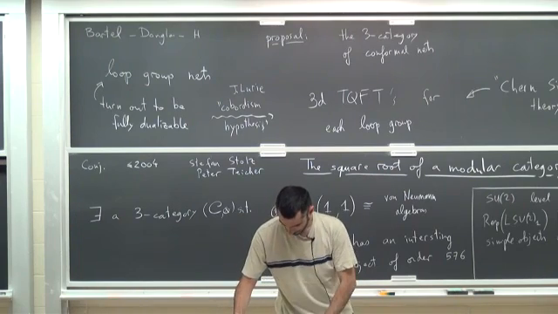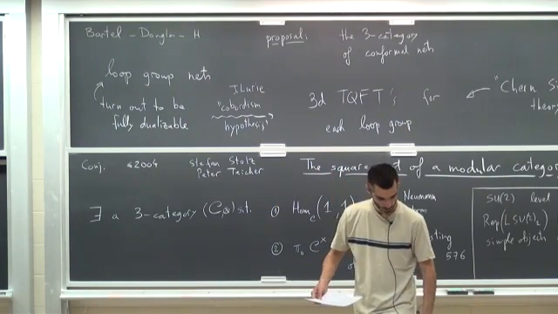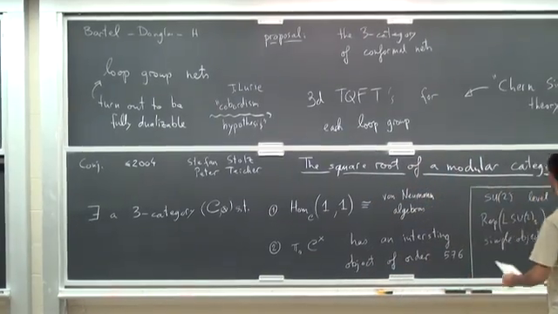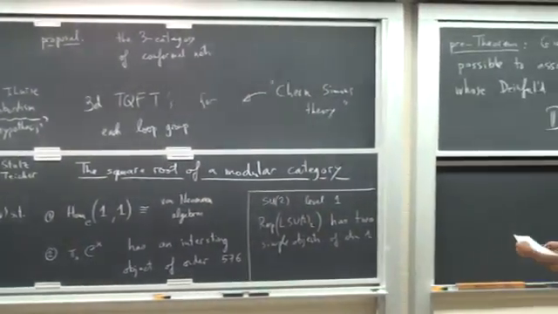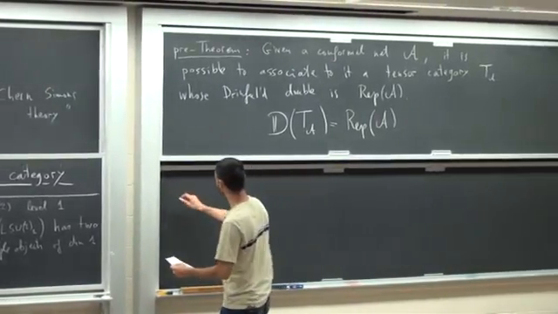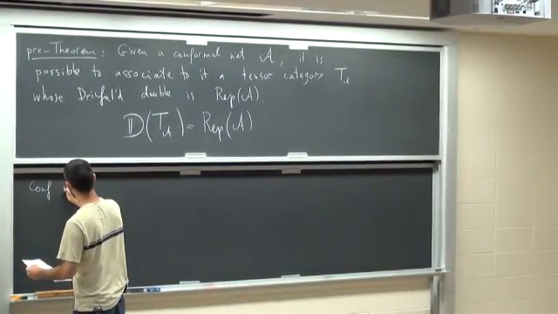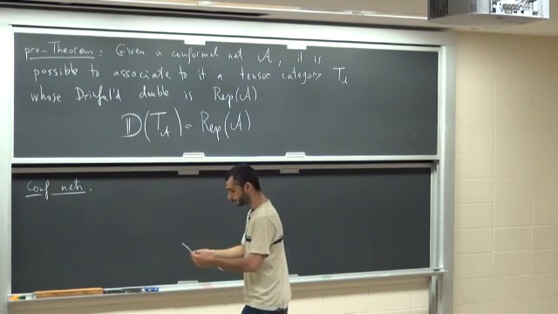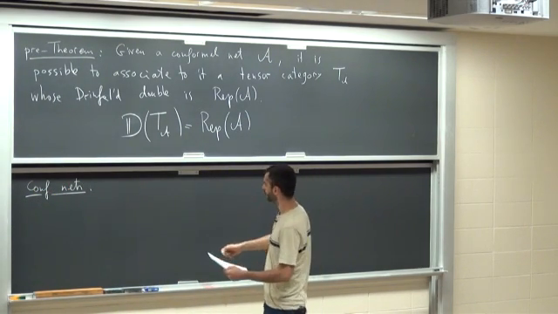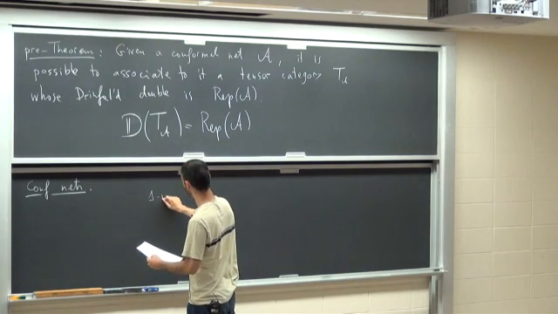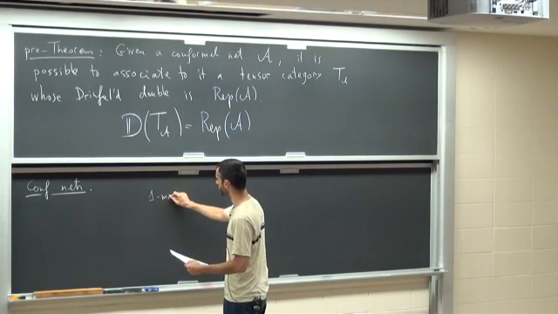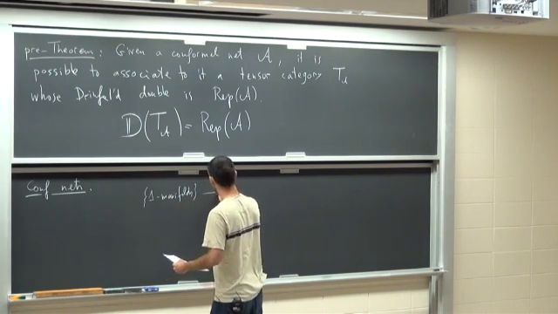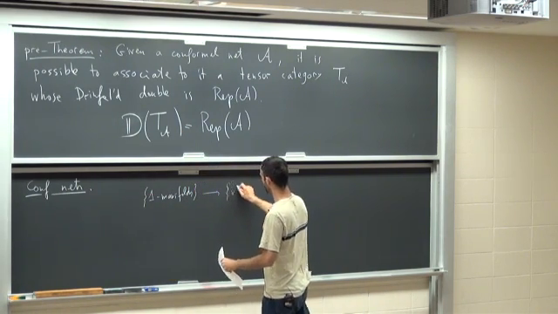So, let's see. OK, so let me tell you about conformal nets. So a conformal net is a functor. A conformal net eats one manifold and produces